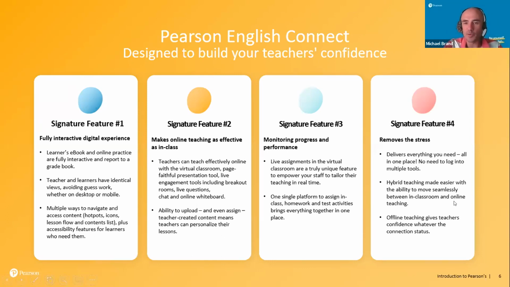Everything being in one place removes stress, and it makes hybrid teaching easier as well. And I should mention that the content is also available offline. So the ebook is available offline. You can download content, and then that will synchronize once you have connectivity again.